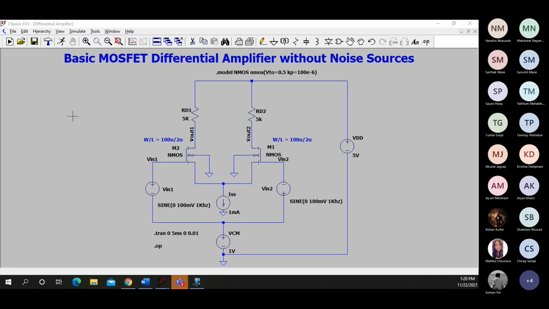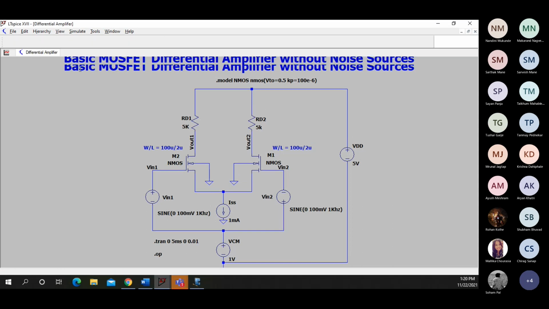Okay. Now let's go further. What I am doing here is a transient analysis. 5 milliseconds means we will be seeing 5 cycles of the signal, because the signal we have selected is 1 kilohertz, and a 1 kilohertz signal will have a time period of 1 millisecond. If we write here .tran 0 to 5 milliseconds, we are telling Spice to show me 5 cycles of the signal. So you can now run this analysis.